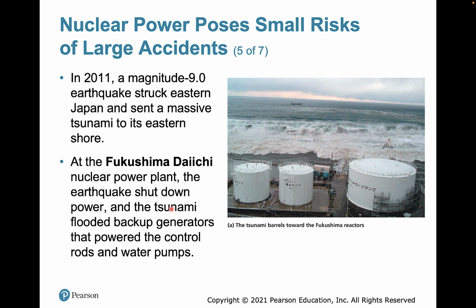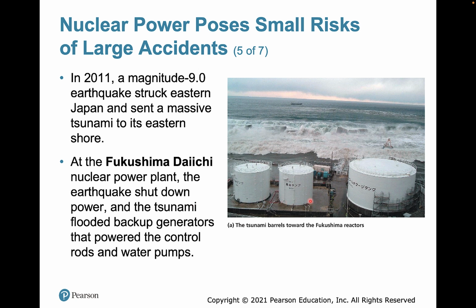So here's the third one, and this is relatively recent. In 2011, there was a huge earthquake that hit off the coast of Japan. And, you know, Japan is a tectonically active area, and it sent a tsunami towards the eastern shore of Japan. So it was off the east coast. It was underwater, and it sent the tsunami wave towards the Japanese coast. So in Japan, along the coast, they have